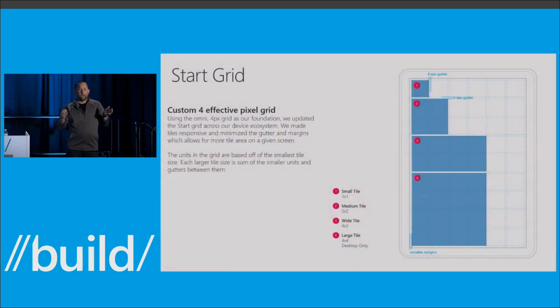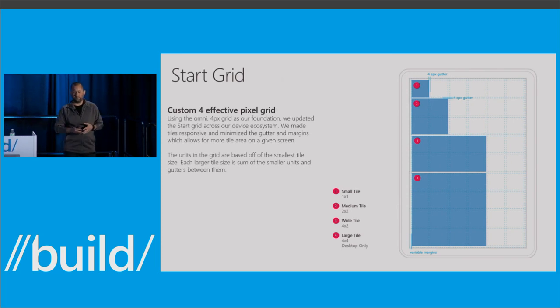So I'm going to talk to you a little bit about Start, the layout of tiles, and I'm going to do some things about talking about density. Because when you think about the family of devices that we have now, from all the way down from mobile, really small devices, to PCs, to huge devices like Surface Hub, there's a lot of screen densities available now. And so we talk about our tiles in kind of this grid. It's not a real pixel grid, obviously. It's kind of a relative pixel grid for us. But tile sizes break down into a pixel grid for us and starts with the smallest tile.